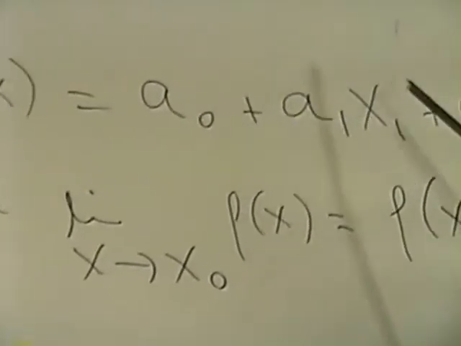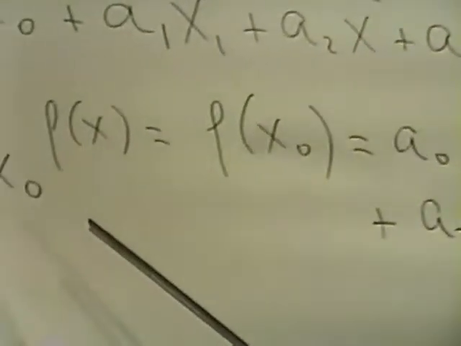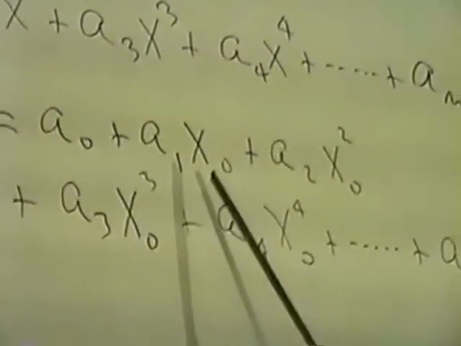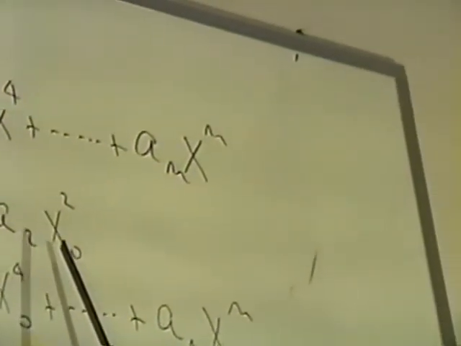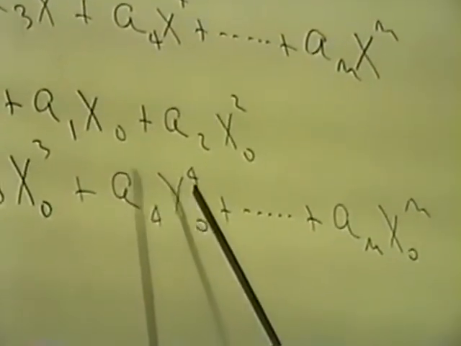Again, and I repeat, if f of x is given as the following polynomial function, then the limit as x approaches x sub 0 of f of x is equal to f of x sub 0, which is equal to x sub 0 plus x sub 1 x sub 0 plus x sub 2 x sub 0 raised to the second power plus x sub 3 x sub 0 raised to the third power plus x sub 4 x sub 0 raised to the fourth power plus etc. plus x sub n x sub 0 raised to the n power. As an example,